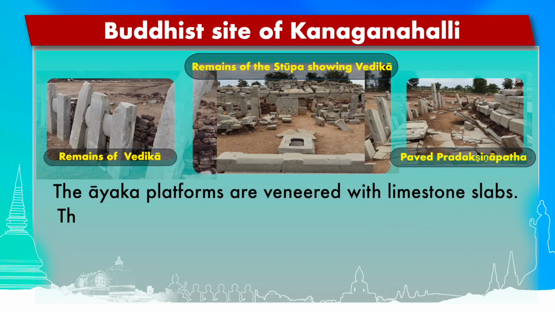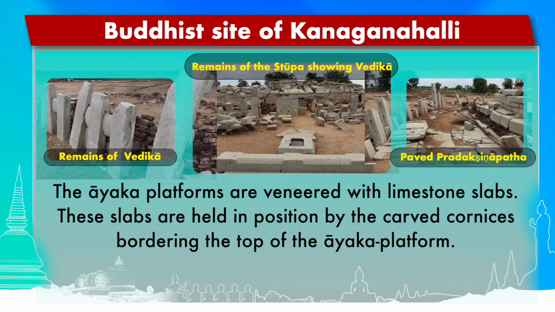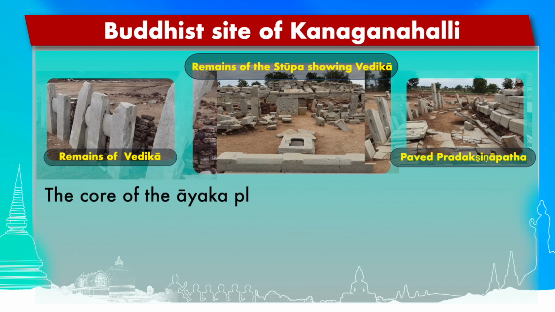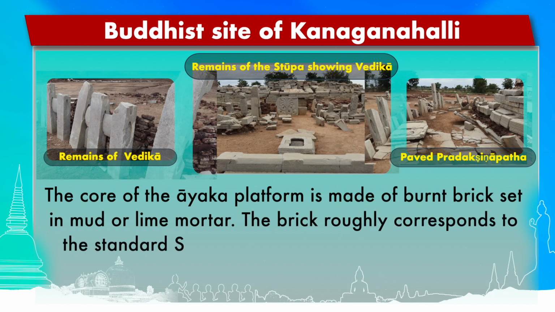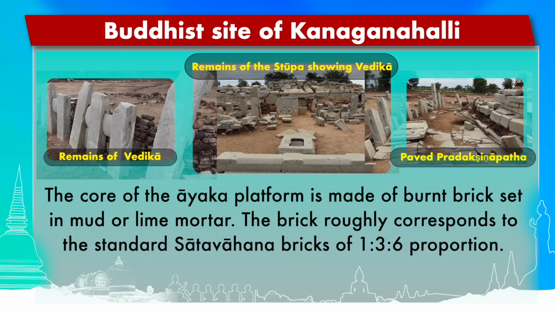The ayaka platforms are veneered with limestone slabs. These slabs are held in position by the carved cornices bordering the top of the ayaka platform. The core of the ayaka platform is made of burnt brick set in a mud or lime mortar. The brick roughly corresponds to the standard Satavahana bricks of 1:3:6 proportion. While probing the